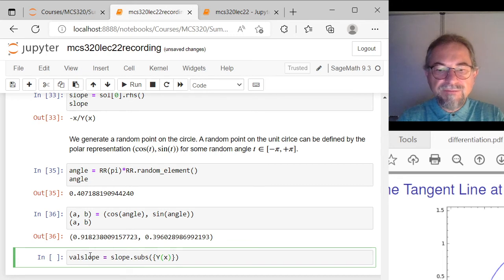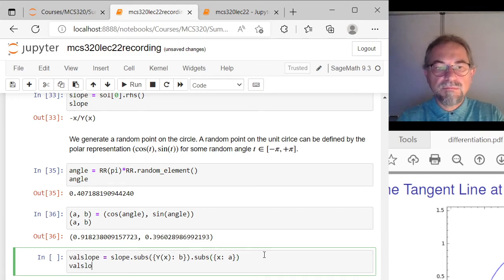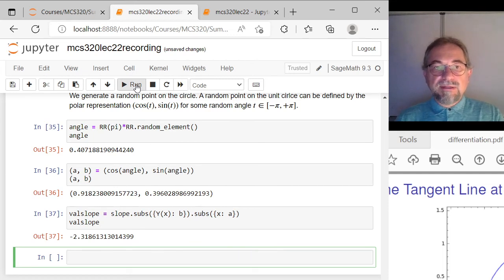So the y of x, I'm going to replace this by b, and then I'm going to replace the x by a. So here I'm using the more general syntax. You could do this in 2 steps as well. And that gives us the